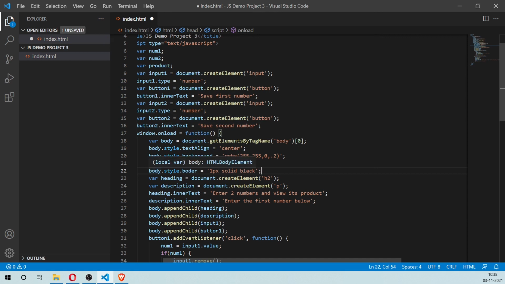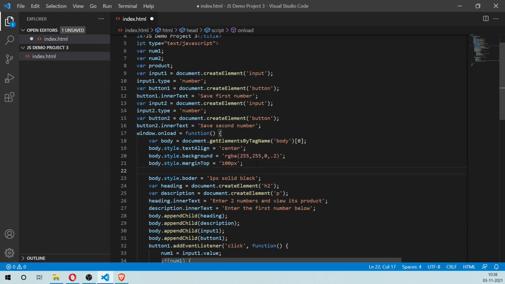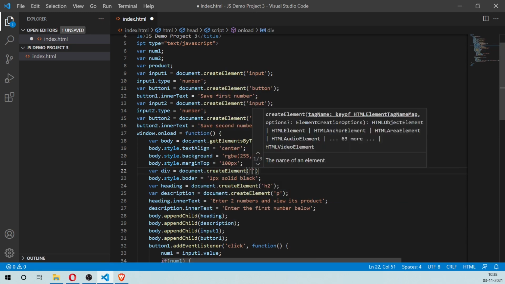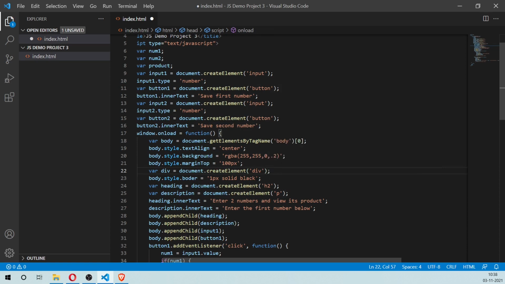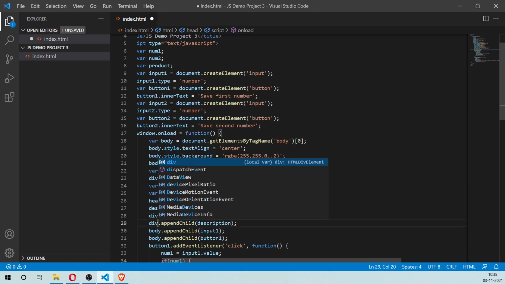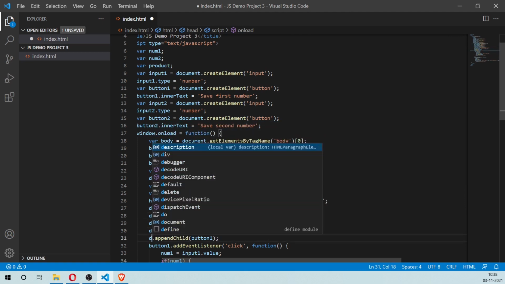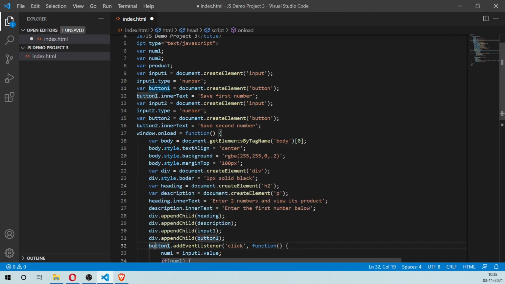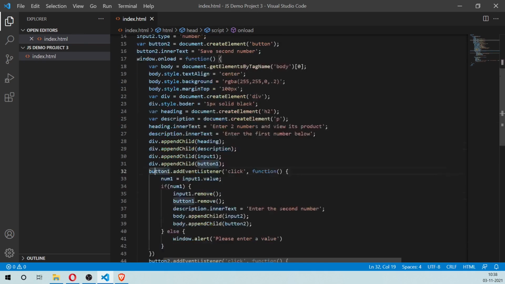So let's not give the body a border property. We can add a div and give it that. So let's actually create a div here. document.createElement with the tag name div, and we can give the div all that stuff, and add that stuff into the div instead of directly into the body.